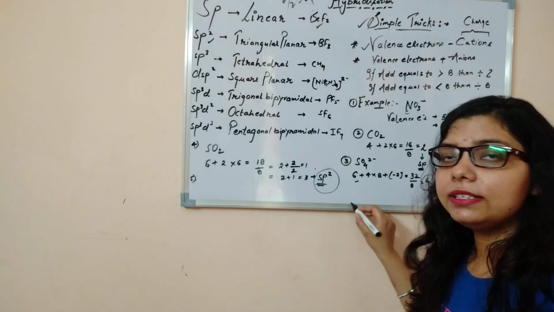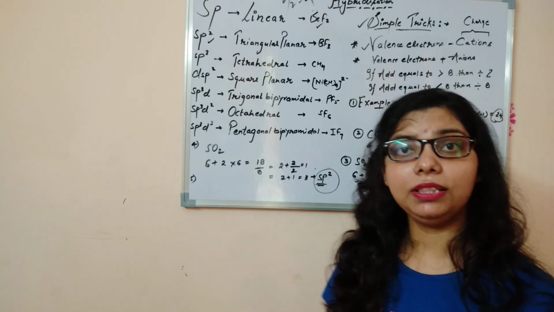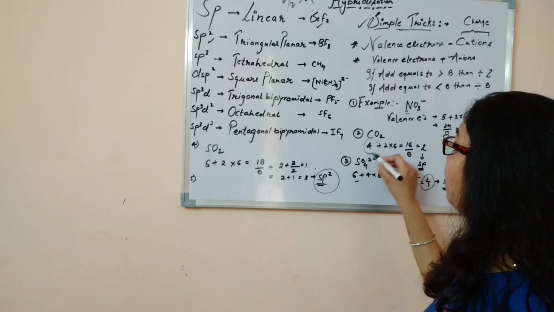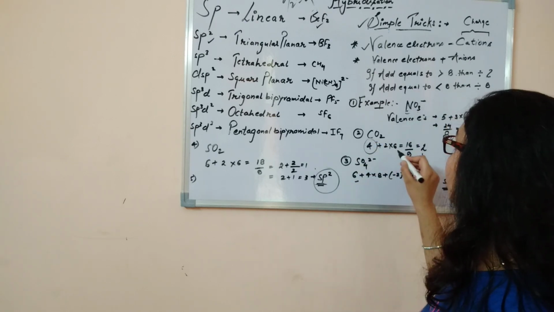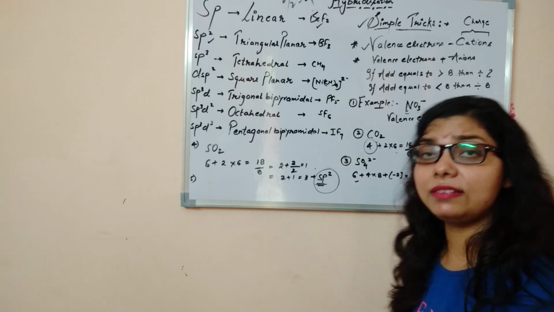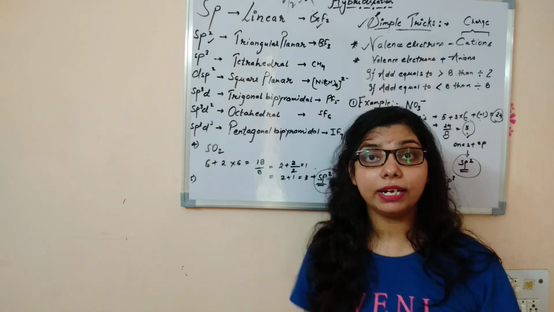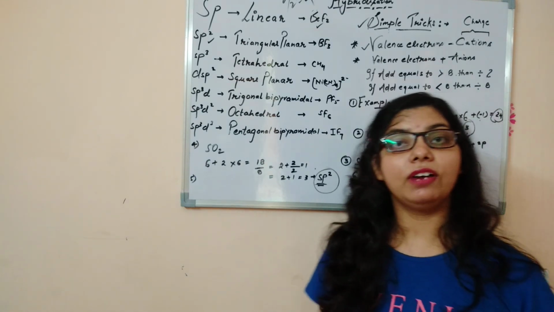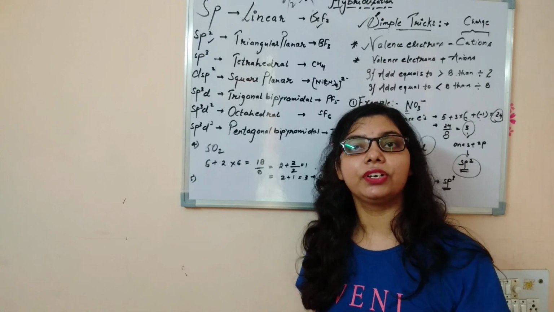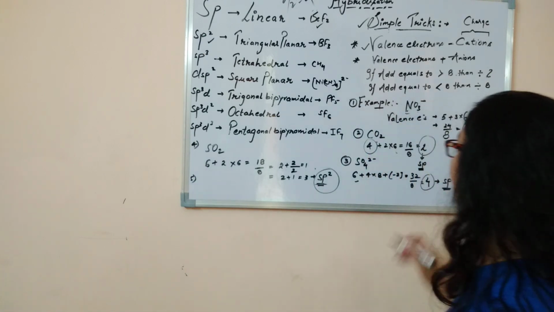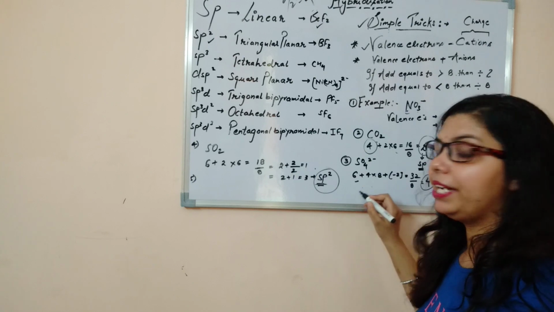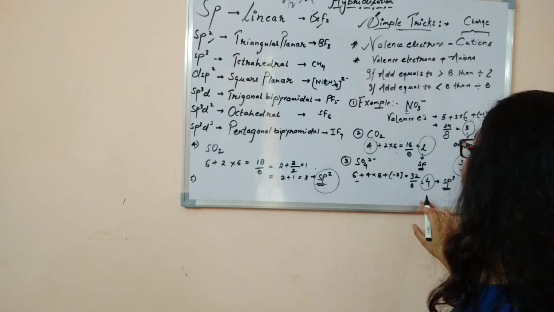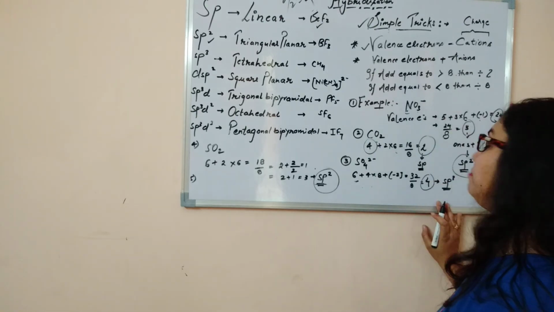Here is another example. It is not having a charge, it's CO2. The number of valence electrons is 4 in C, and oxygen is 6 and 2 atoms, so the total is 16. It is greater than 8, you divide it by 8 and get 2. So guys, you got 2, which means 1s and 1p orbital, and the hybridization is sp. Another example, SO4 2 minus: you will add the total and get 32, divided by 8 it equals 4, then the hybridization comes sp3.